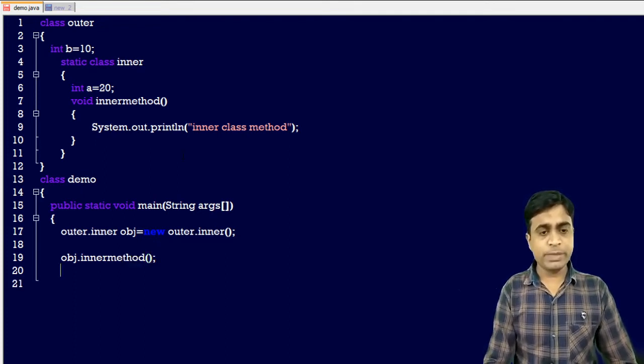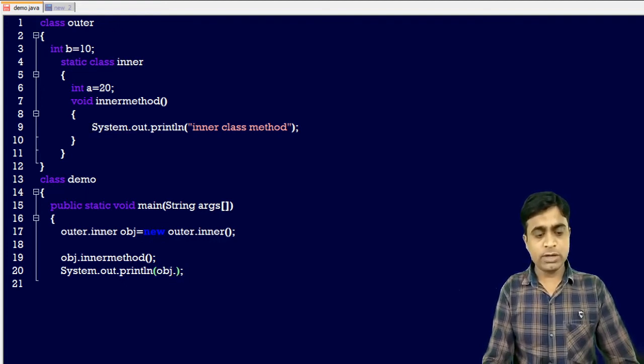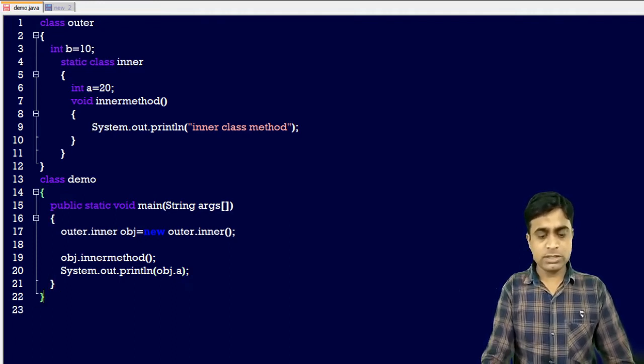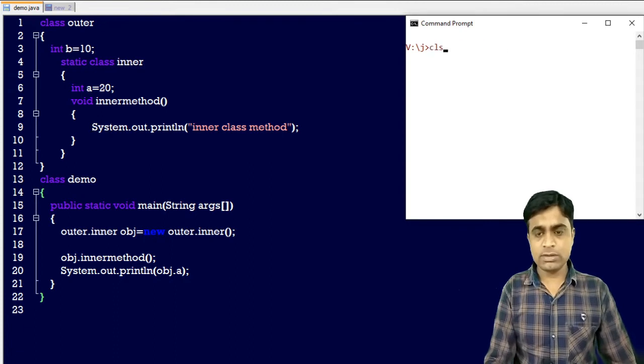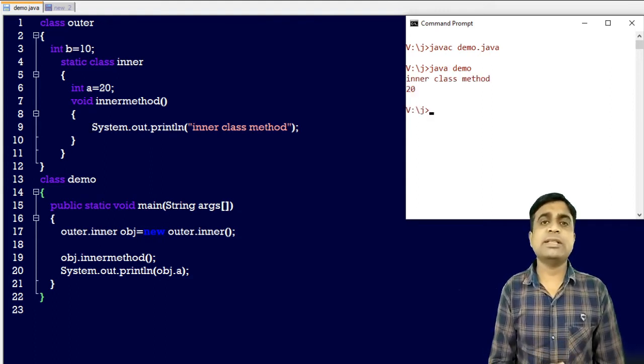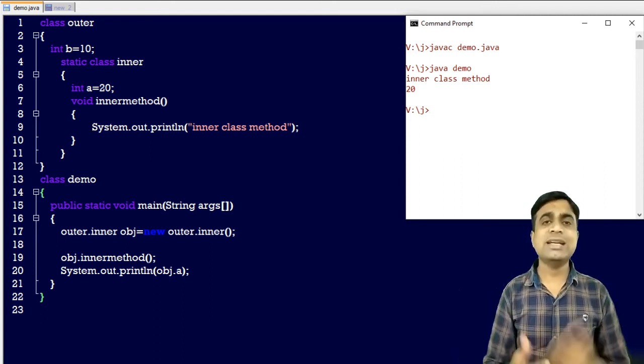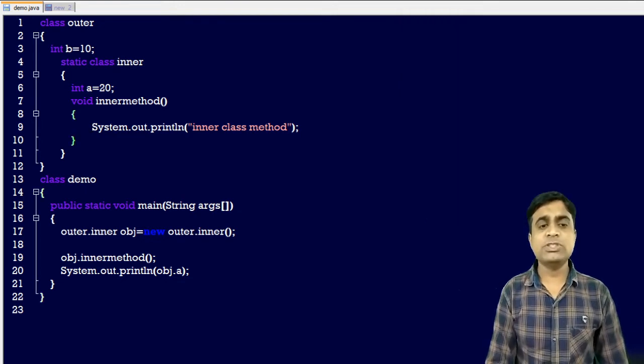And if you want to print the value of a, I copy and paste this line and print obj.a. Let's run this code so you can understand. javac Demo.java, java Demo. The output is the inner class method and 20. So you can create a nested class like this. This is an example of the static inner class.